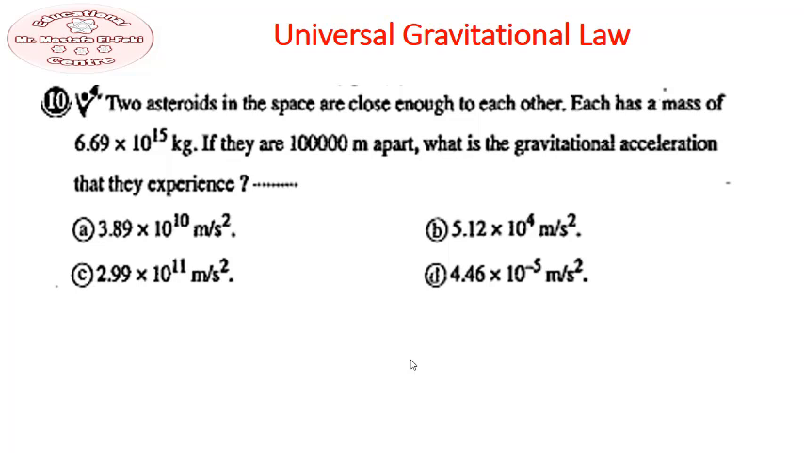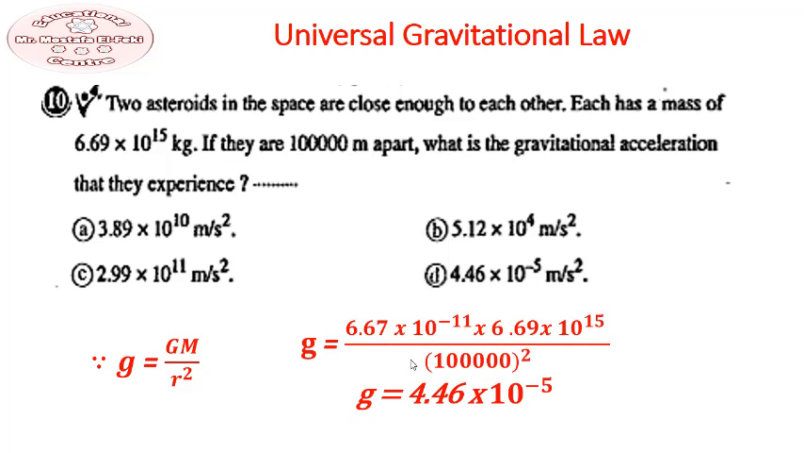Two asteroids in space are close enough to each other, each has a mass of, if they are 100,000 meters apart, the gravitational acceleration is, since the gravitational acceleration equals GM divided by r to the power of 2, substituting the numbers directly into the relation, then the gravitational acceleration is